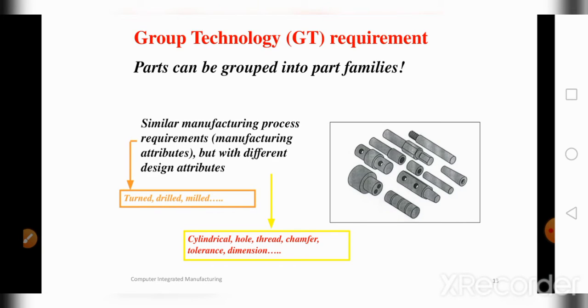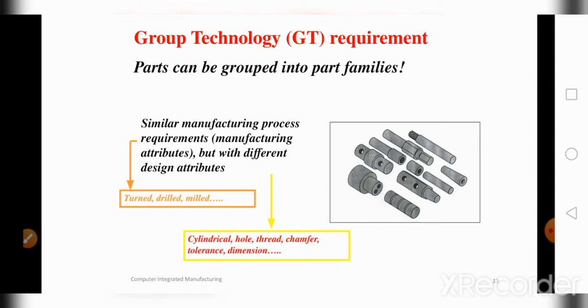Next comes group technology. What is group technology, and how is it related to flexible manufacturing systems? We already know what flexible manufacturing systems are. How best can we adapt to changes in market demand, or in the present requirement, and to the demand for variety in the market? What technologies can we use for implementing FMS? Among those, one is group technology, that is GT.